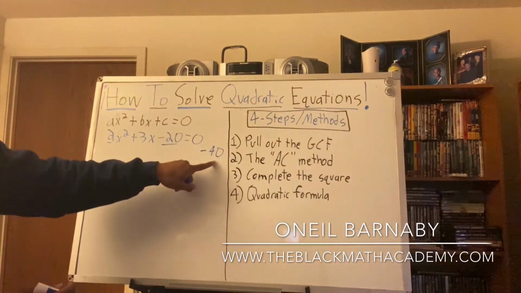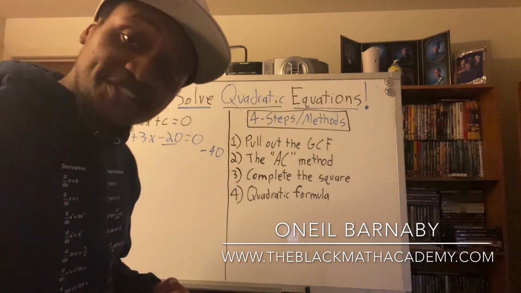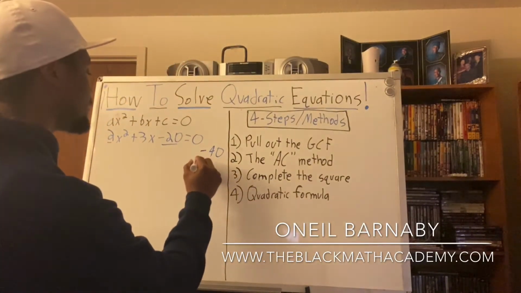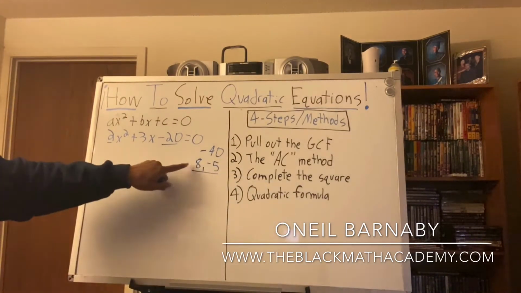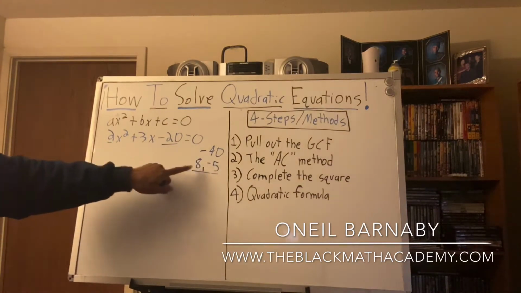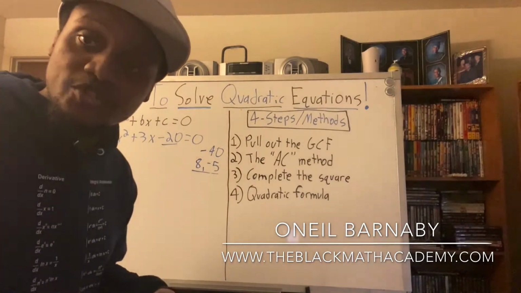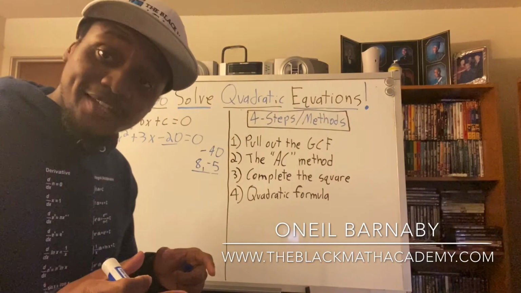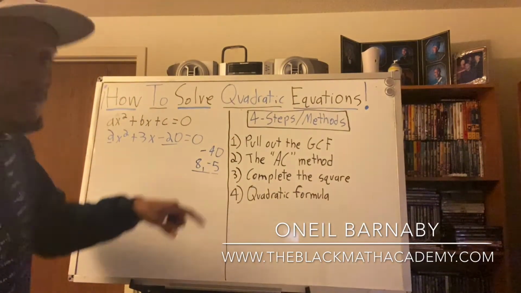Factors of negative 40 that add to 3 would be a positive 8 and a negative 5. So 8 and negative 5. 8 times negative 5 is the negative 40. 8 plus negative 5 is a positive 3. So those two numbers are the right values. What we're going to do in this case is use those two numbers, the 8 and the negative 5, and we're going to